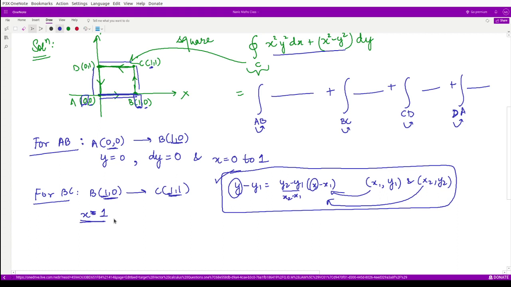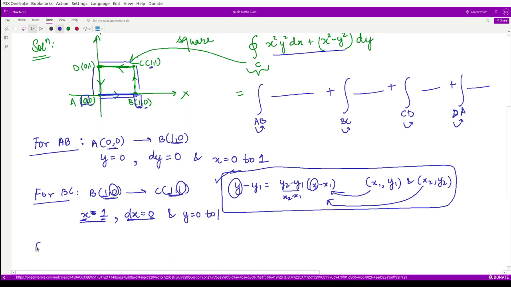So we have this value, and because x is equal to 1, once you differentiate it, you have dx equal to 0. So you obtain these two values. That means now I would require, in place of x, write 1, in place of dx, write 0. So in my integral, y terms would be remaining. For y terms, I have to look for the limits for y. They are varying from the point 0 to the point 1. So limits of y vary from 0 to 1 here.